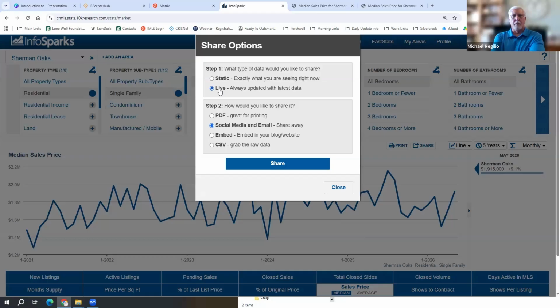The static I'm using on things where I'm going to post information more than once. Like in my newsletter, I post the static one that says, as of May, here's what's going on in Sherman Oaks. Here's what the median sales price is for Sherman Oaks as of May of 2026. In June, once the June numbers are published in July, beginning of July, and I'm sending out my July